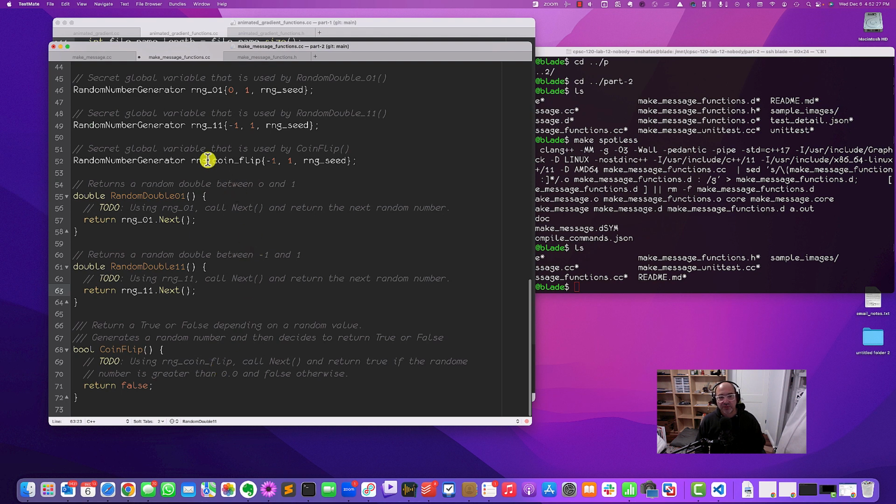This one, we're going to use this object, that variable right there, RNG coin flip, and we're going to return true if the random number is greater than 0 and false otherwise. So we use this one right here, random coin flip. So RNG coin flip next. That gives us the next random number, but we want to return true if it is greater than 0.0